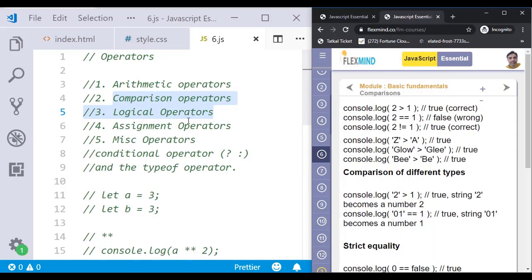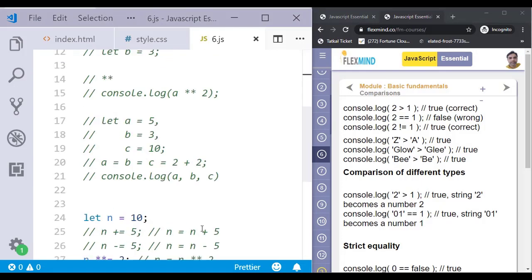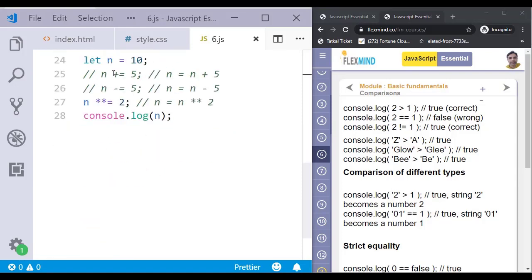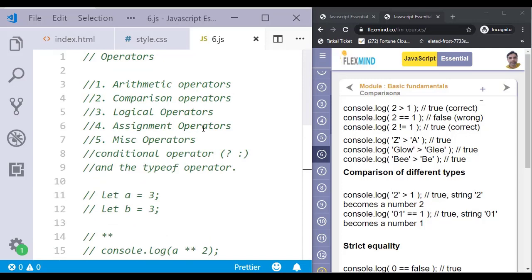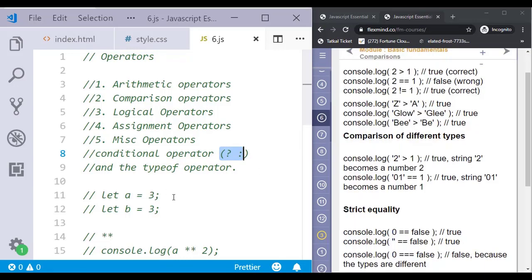Assignment we have done already: simple equal to, and with plus or minus we can use this one. Then miscellaneous operators, we have already seen the type of operator, and the ternary operator we will see when we cover the if and else condition.